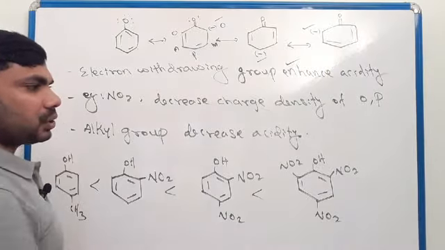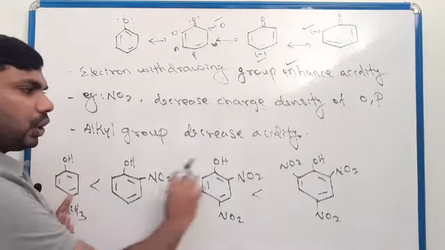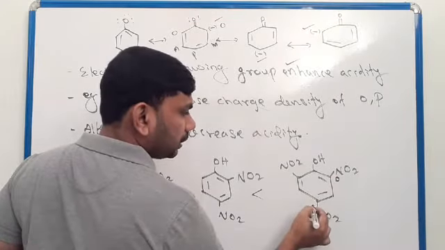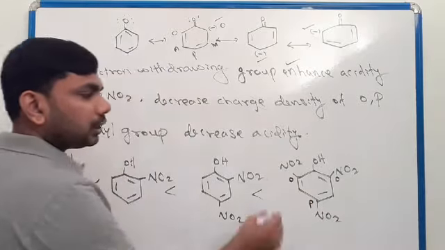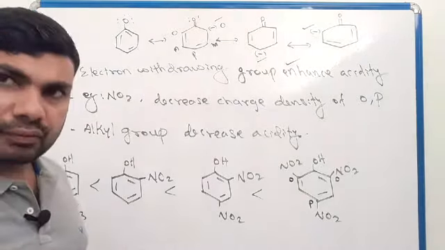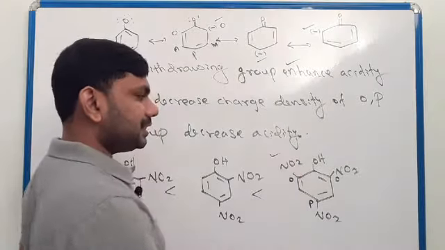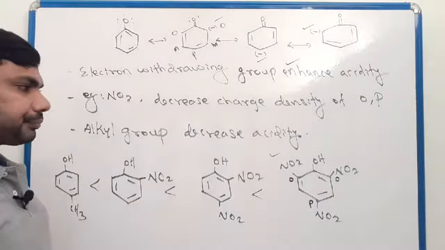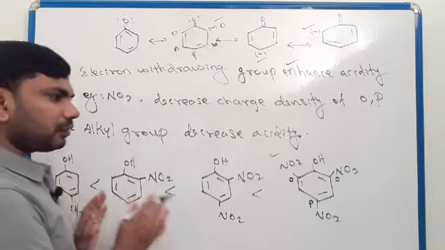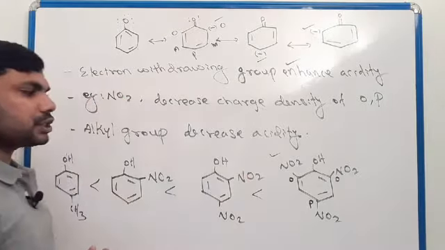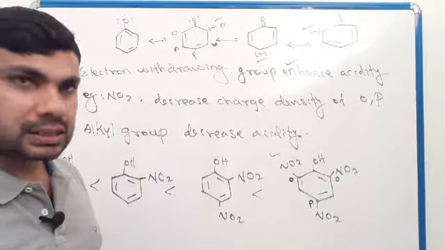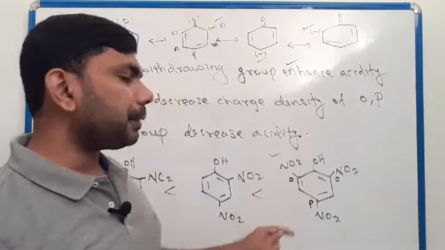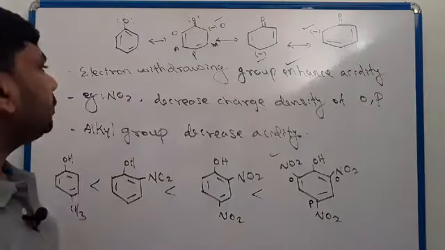So if there is any electron withdrawing group, it will enhance acidity. Look here, you can arrange phenols according to their acidity. This is the ortho position, para position, ortho position. So if there is an electron withdrawing group in the ortho position, it will be more acidic. Here 3 nitro groups, here 2 nitro groups, here 1 nitro group. If there is an electron withdrawing group in the ortho or para position, its acidity will increase. Also you can say as the number of electron withdrawing groups in the ortho and para positions increases, its acidity increases.